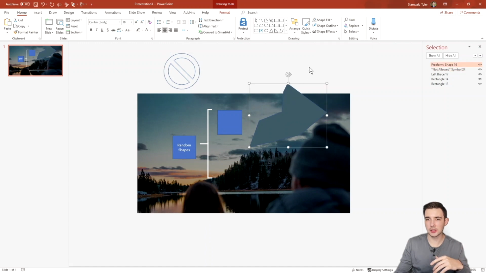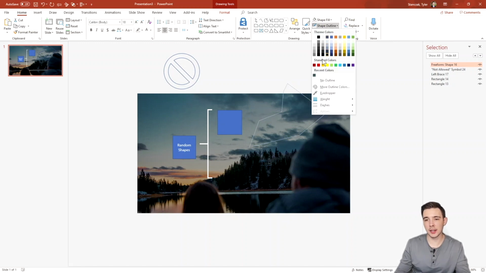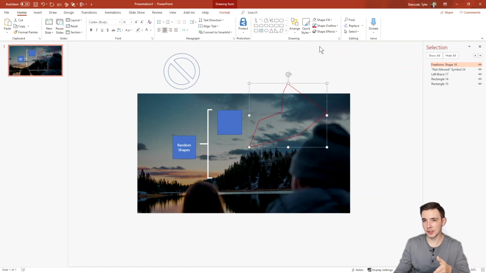And then let's say you want this to be no fill as well. You can just click this paint bucket without actually going in here. If you click right here, it's going to be no fill. That is just a quick shortcut for you guys without having to actually hit the drop down menu. It's going to actually mimic the last color that you have selected for the paint bucket. Same thing goes for the outline, and the only difference is that it's the actual outline of the shape and not the fill of the shape.